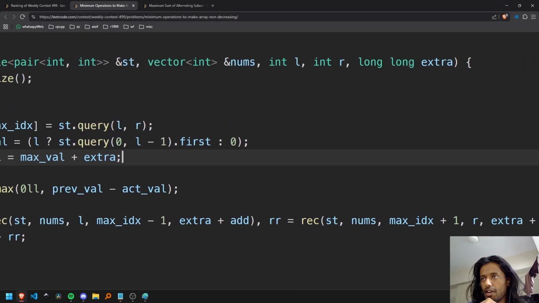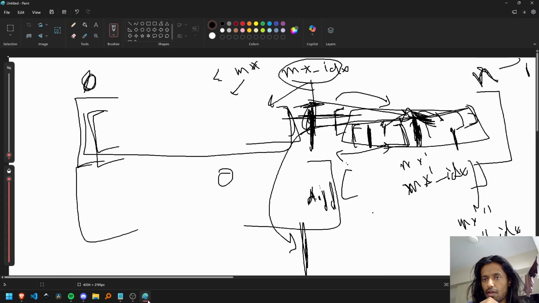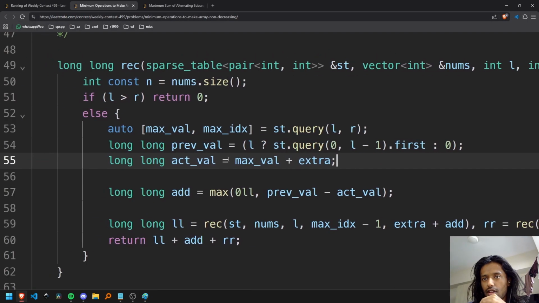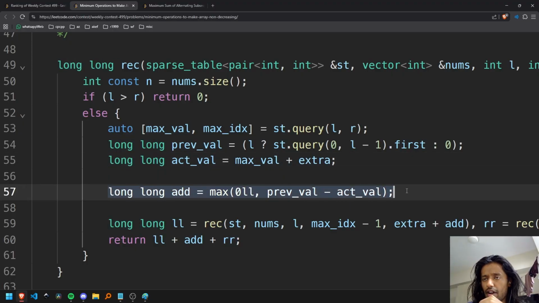Extra would tell me I've already done the diff operations. Like here I calculated diff, right? So extra would tell me that I've already done the diff operations, and the actual value would be the max value plus extra, because I've already done diff operations, right? So this is max value plus extra, and the amount which is required to be added is the value which was behind me plus the actual value,